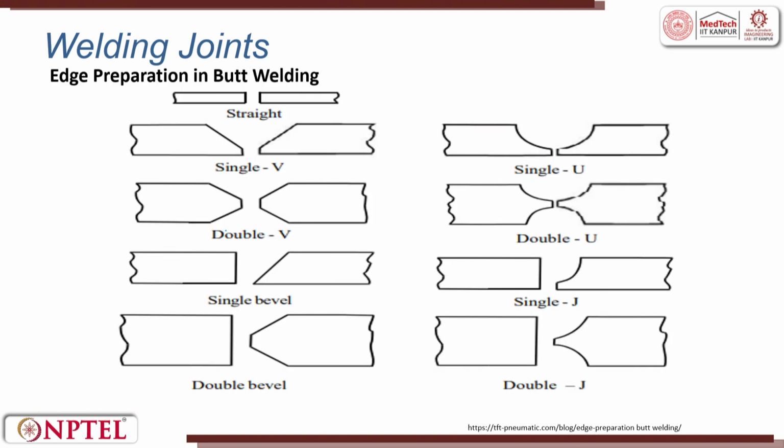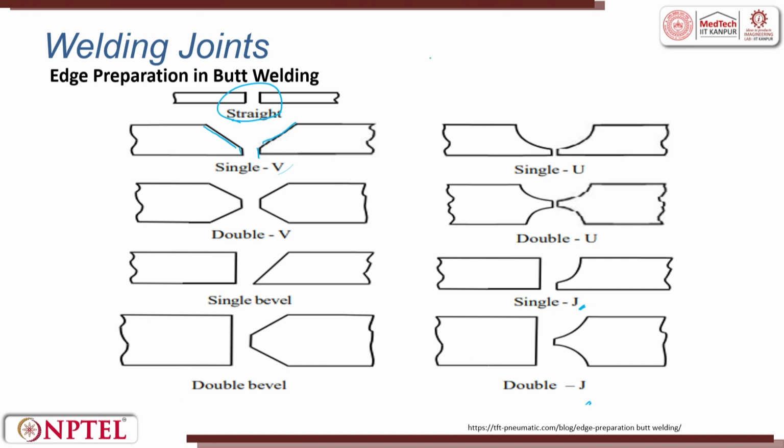This is the edge preparation I have been telling you time and again. We have a V notch and then we have a flat portion. If you have a metal like this, between joint to joint you will never have perfect joining, so we always do edge preparation. This is called V preparation, this is called U. You can also have double V, double U, one flat and one beveled, one flat and one U, one flat and double wedged, one flat and double U. It is also called single J, double J.